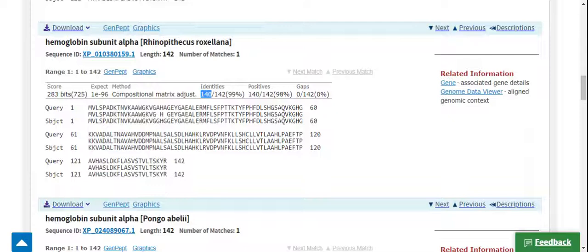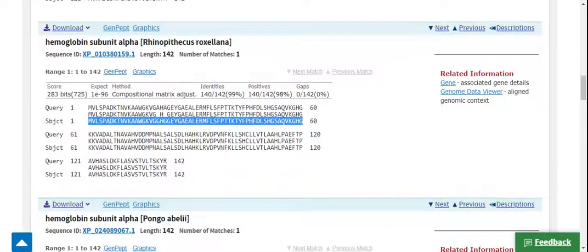The topmost line is the amino acids of the query sequence, and the subject line, the hemoglobin of Homo sapiens, is given downwards in the third line.